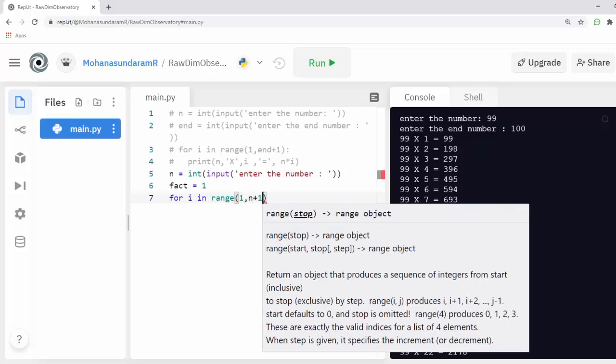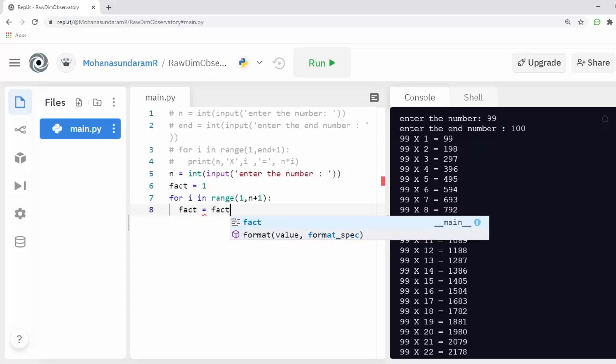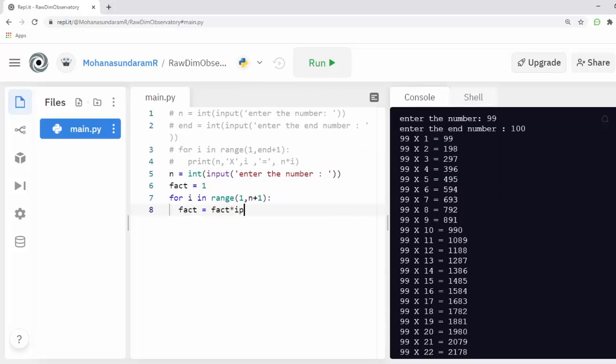As we saw in our previous problem, I'm getting the range from 1 to n plus 1 to get the precise value of n. Then I'm making my factorial: fact is equal to fact star i.